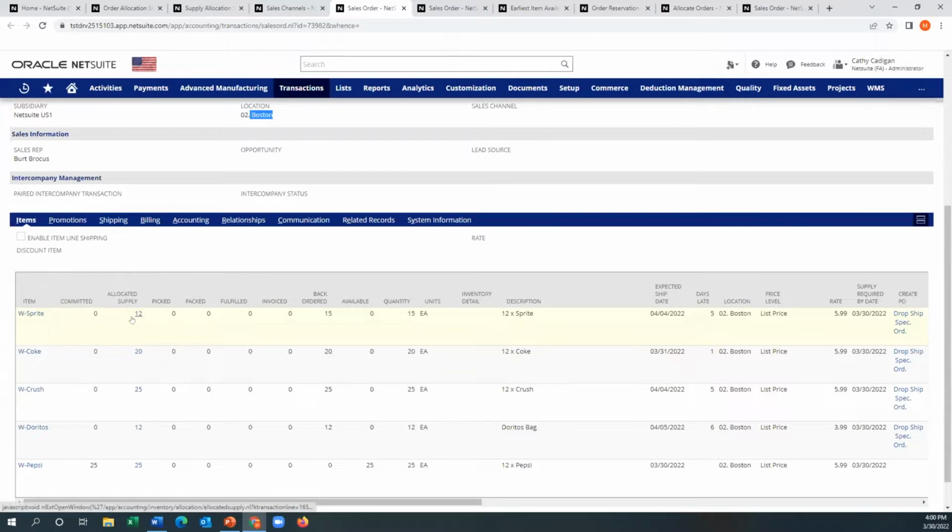Now we have a new column called allocated supply, and the rest of them here are all standard. What is new is supply required date. So this is the date that the customer would like the product. This is new, so it's calculating how many days late. And this is the best date that the system can currently figure out that that product will be shipped on. Now, the allocated, these are